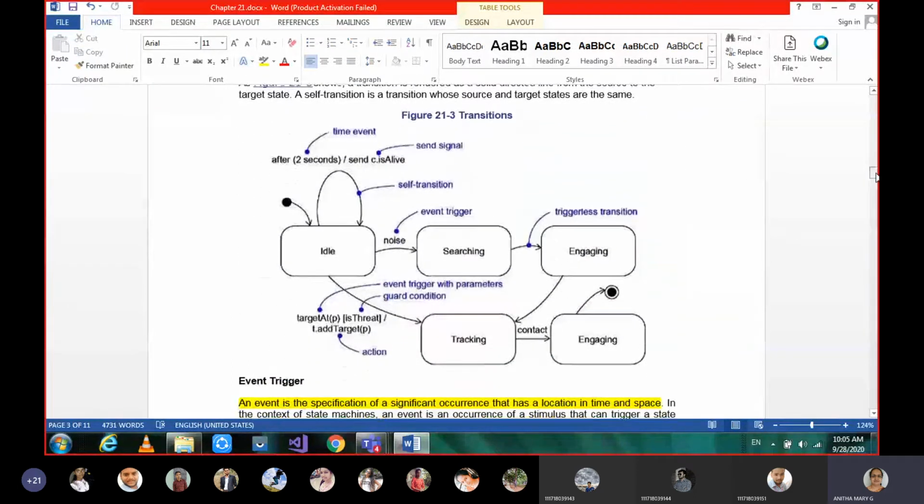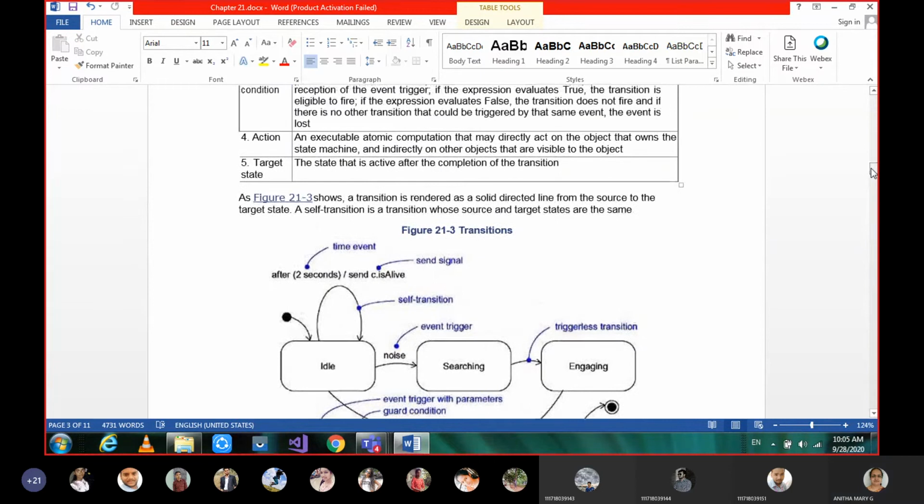Here an example is given. Maybe this example is for a missile, but clearly it's not given what example has been taken, so let's analyze by seeing the contents here.